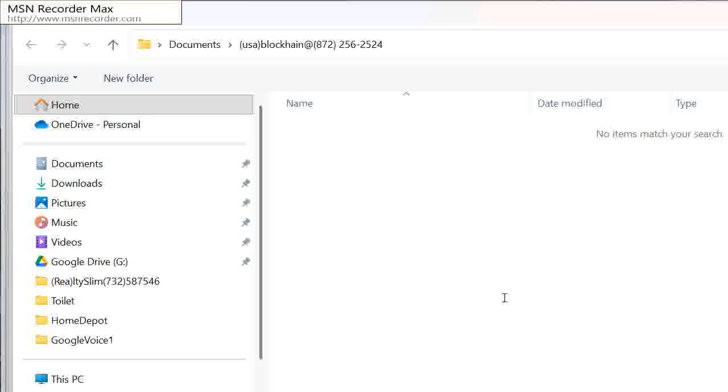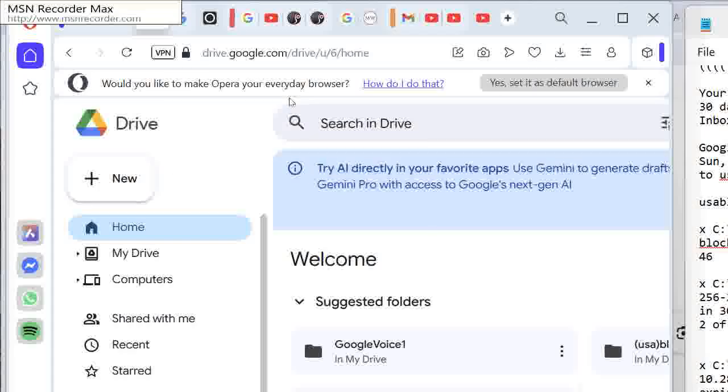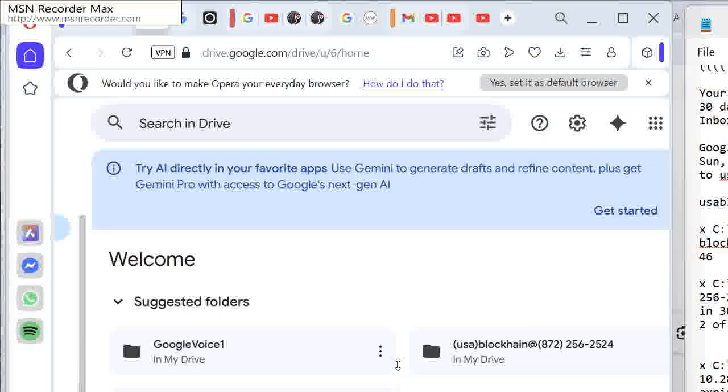So for that reason, I want to make various recordings. When the operator is using the system, I want to have multiple recording and publishing videos and other recording means. For example, I want to run a screen recorder such as MSN Recorder Max. I want to run the camera such as a webcam. And in addition to that, I want to run a problem step recorder like the Microsoft Problem Step Recorder executable that records all the keystrokes